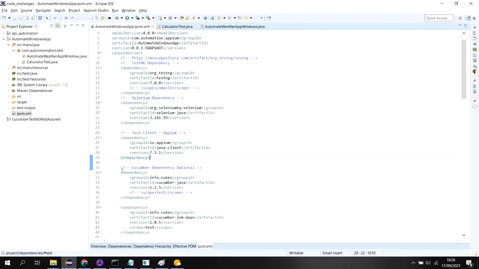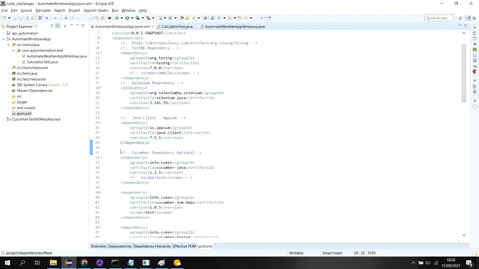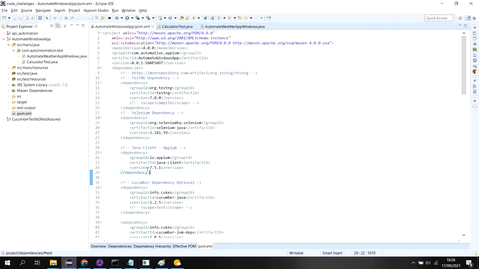Other dependencies you can find in my POM file are not required, they are optional. We will use only these three dependencies for our automation. This is a very simple way we can create a simple project to start our automation.